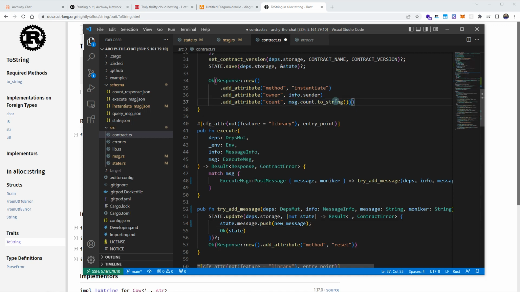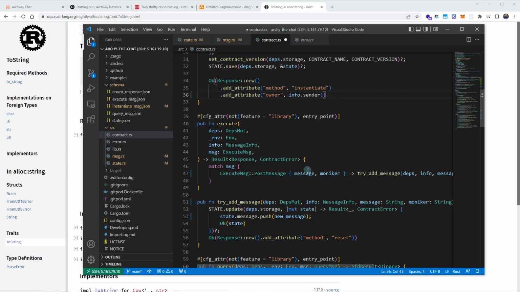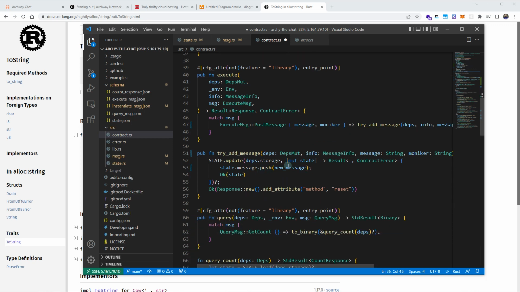Let's just remove this thing. Okay, so push new message, and